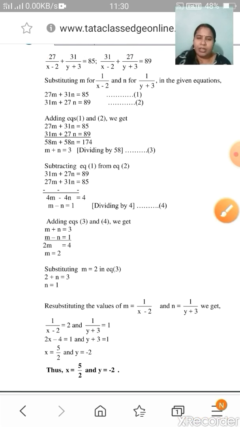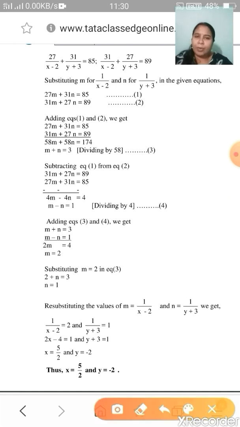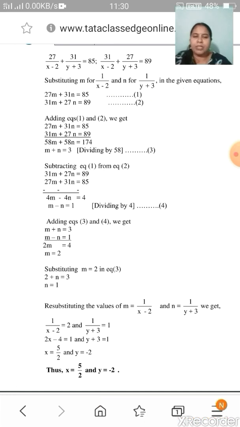Before we use that, we will first reduce it to standard linear equations in 2 variables. For that, we have to give a substitution for 1 upon x minus 2 as one variable and 1 upon y plus 3 as the other variable. Let us assume them as m and n. So if I assume m is equal to 1 upon x minus 2 and n is equal to 1 upon y plus 3, the given equations reduce to